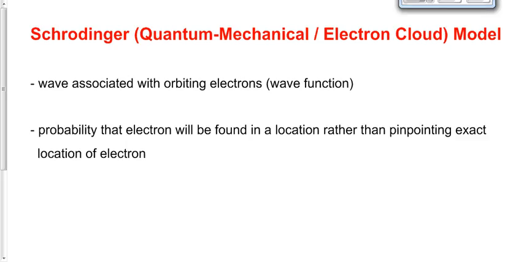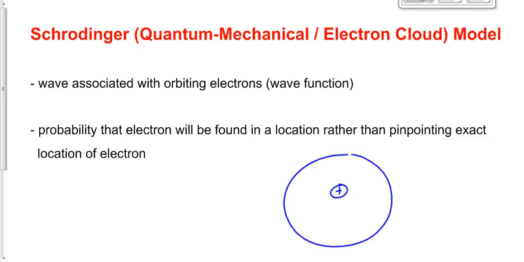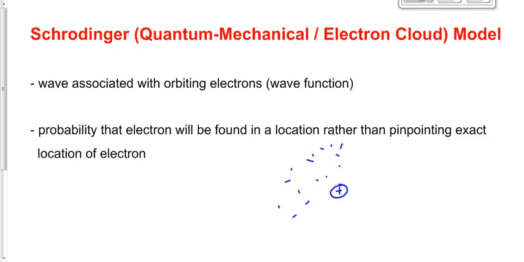Now, the Schrodinger quantum mechanical electron model of the atom says that the atom does consist of a small, dense, positively charged nucleus. Now we know it consists of protons and neutrons, and that there's electrons orbiting around it. But we're a little less certain than we thought about the location of those electrons. In the Bohr model of the atom, we said that they were orbiting around on very specific levels. Now, they still do, but those levels don't have a specific position. They have a specific energy, but not a specific position. Rather, we'd now say that these electrons are kind of orbiting around within a cloud somewhere, hence the electron cloud